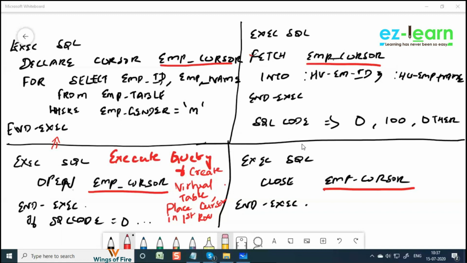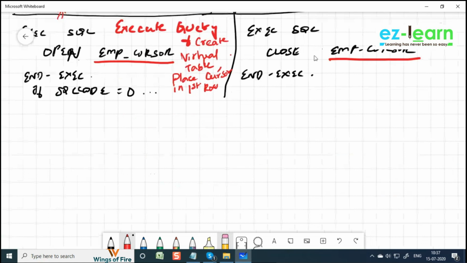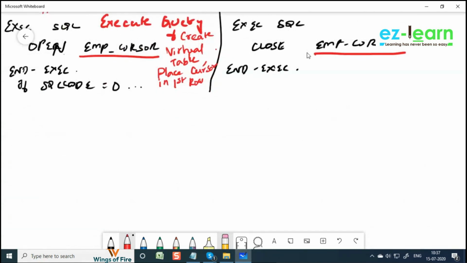And as we discussed before, if the cursor is an updatable cursor, after fetching you can do update or delete optionally. If you are going to do update or delete, you can do it optionally. So I'll tell you the command. It's very simple. After fetching, you can do an update or delete, provided the cursor is an updatable cursor. Syntax is